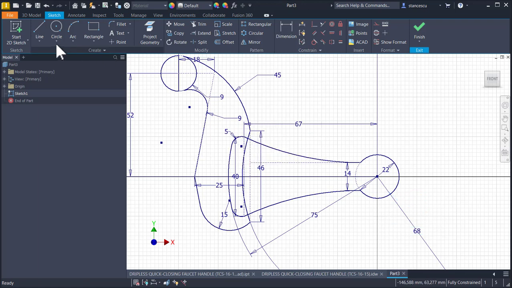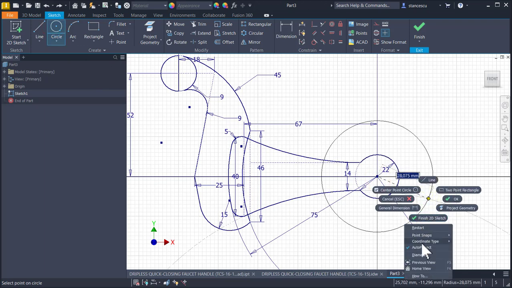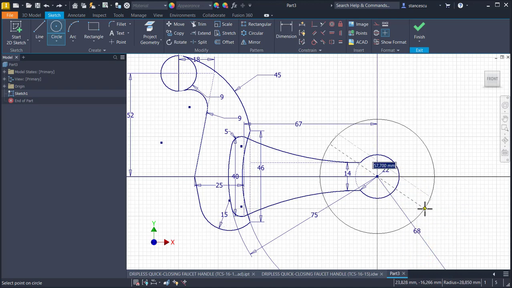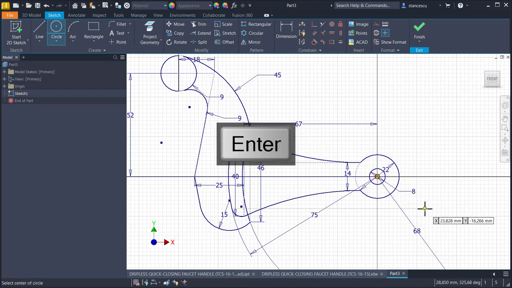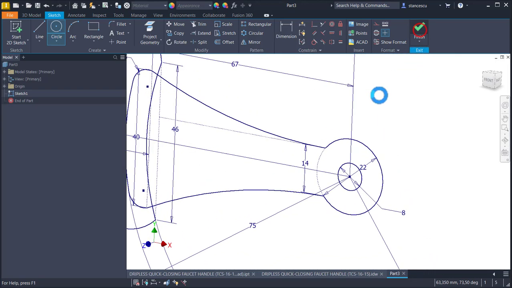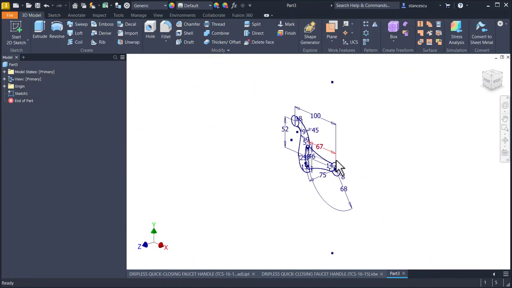Control Z, circle, center, diameter of 8. Okay. Now I extrude